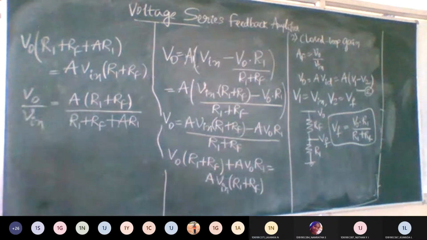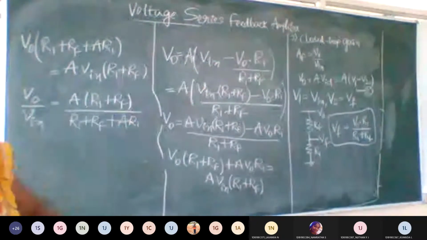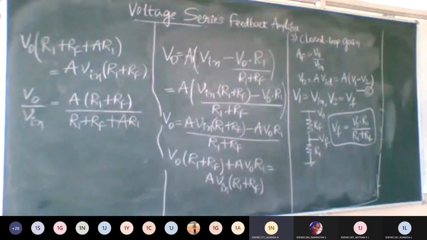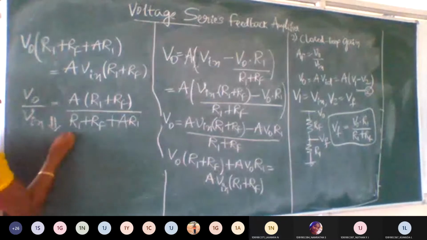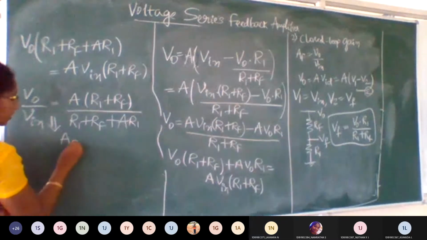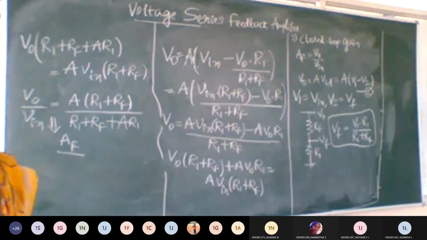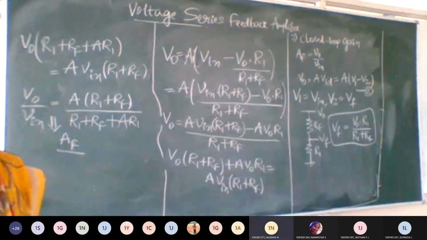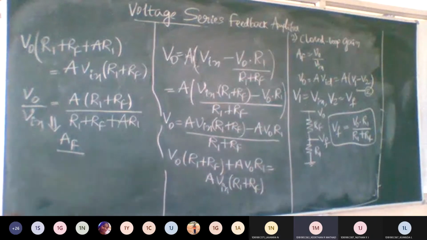So what is V naught by V in? Just observe in this closed loop gain I have written. V naught by V in is AF. What is AF? AF is closed loop gain with feedback. So now,